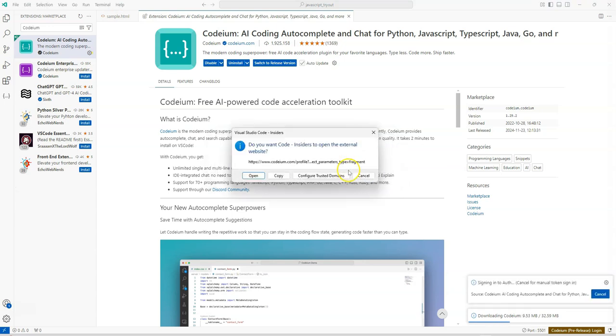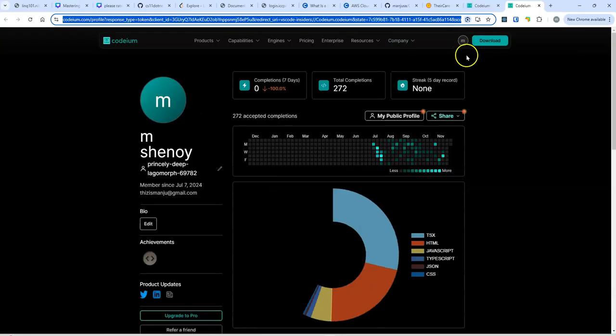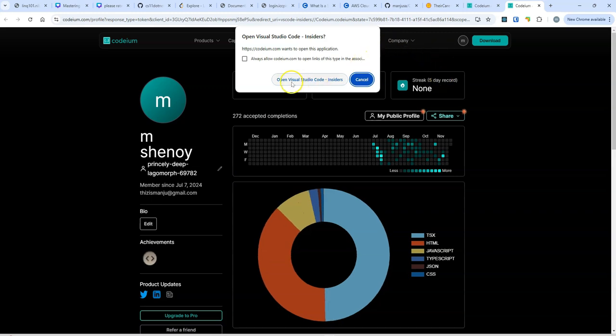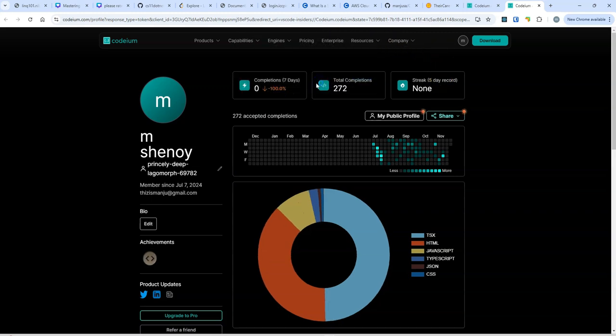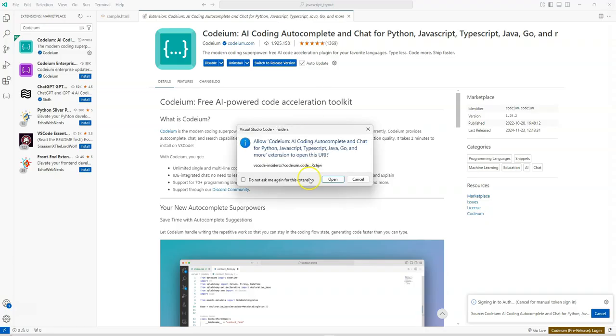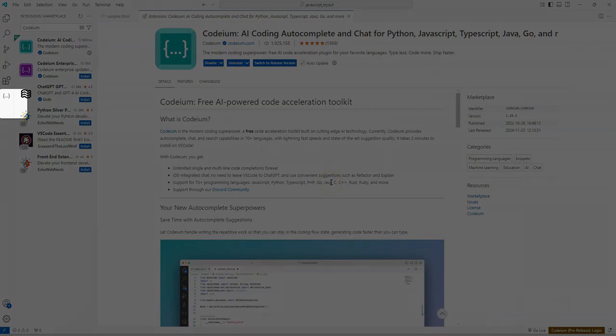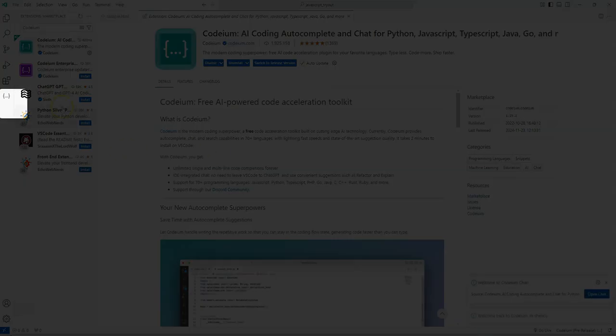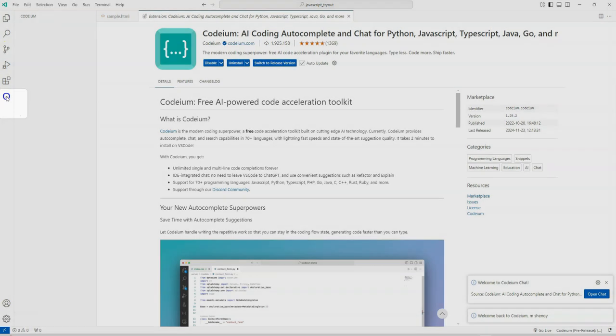So let's come back to this. I install this and then just follow the prompts. It will take you to the website. I created the account already and I'm signed in. So once you are signed in and you have launched from your Visual Studio Code, it will ask for the permissions. Just give those permissions, and once it's installed successfully, you can see this